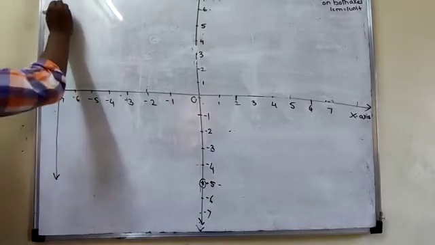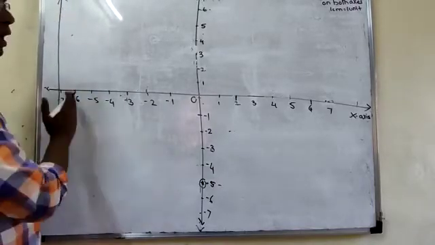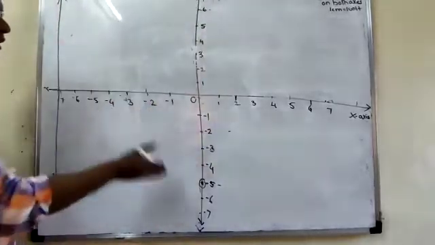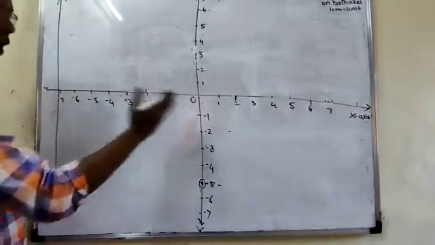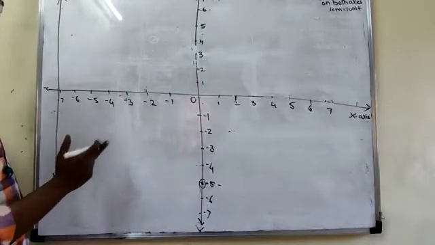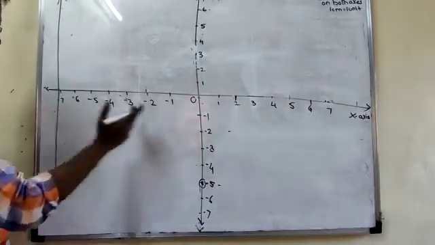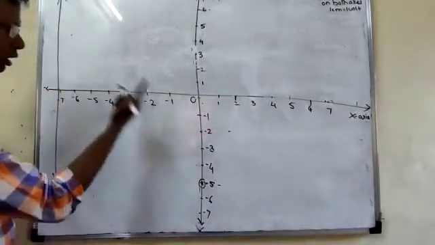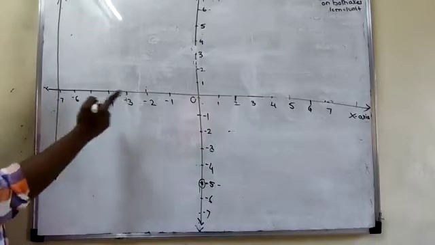See once again. Write the equation of the line which is parallel to what? Y axis. So see this line and this line, they are parallel to what? Y axis, at a distance of how much? 7 units. It can be here also, it can be here. But they have given 7 units from it to the left. Okay. Now you have to write the equation.